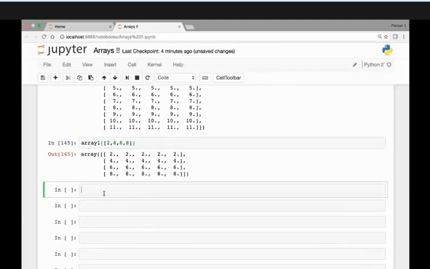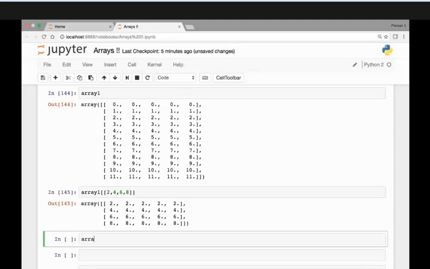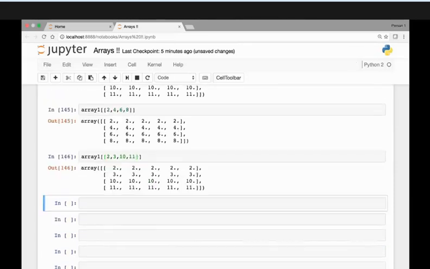Similarly, we can grab array1, and then we can pass a list containing whatever we want to grab. Let's say we want to grab the rows containing the 2s, 3s, the 10s, and 11s. So we can do that. We can also pass